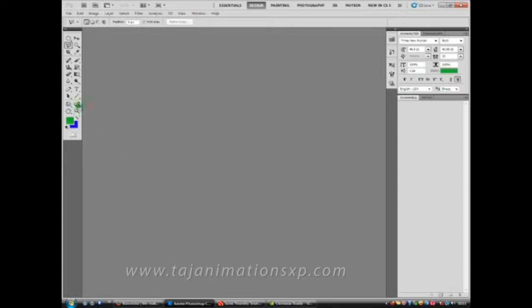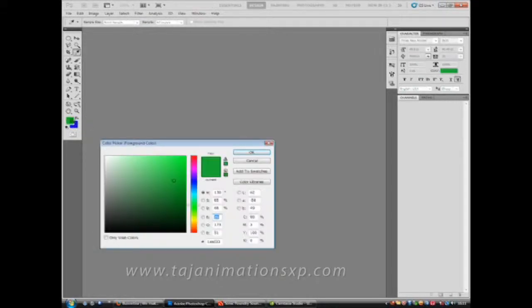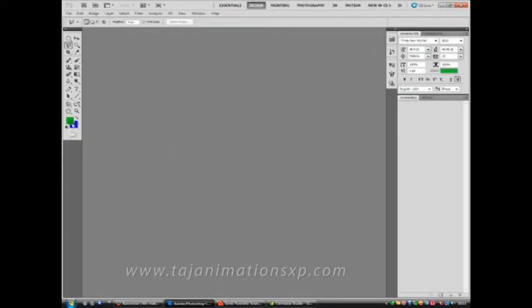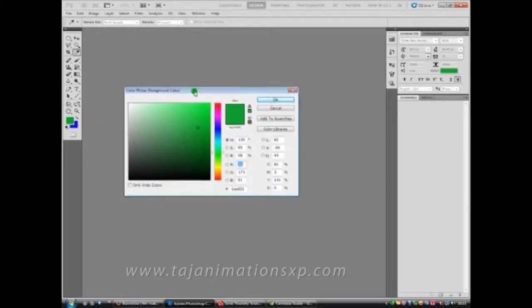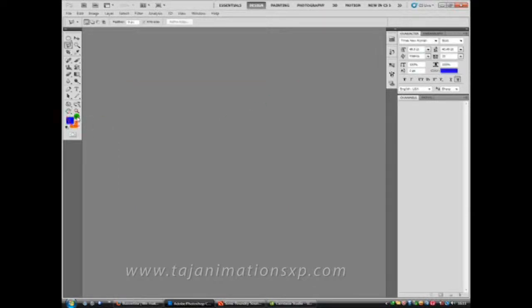At the very bottom of the toolbar, these are the two color chips for foreground and background colors. Photoshop uses the foreground color while painting or filling. By clicking on these color chips, Photoshop pops up the color picker. From here we can choose the desired color. This is the current color and beneath the current color is the existing color. We can swap these two colors by clicking on this arrow. X is the shortcut key for swapping the foreground and background colors.